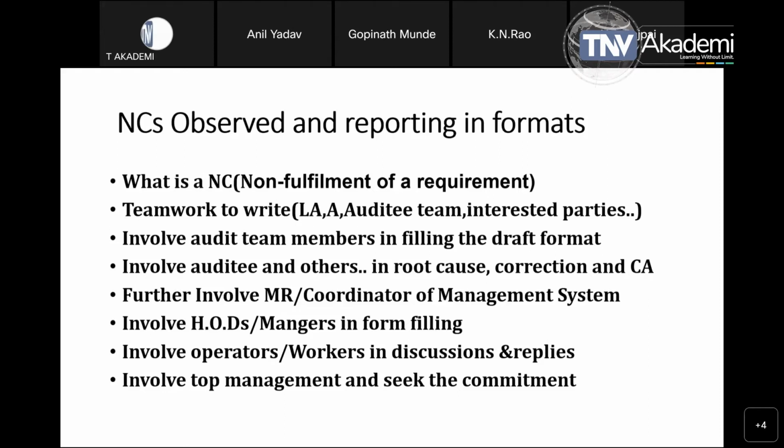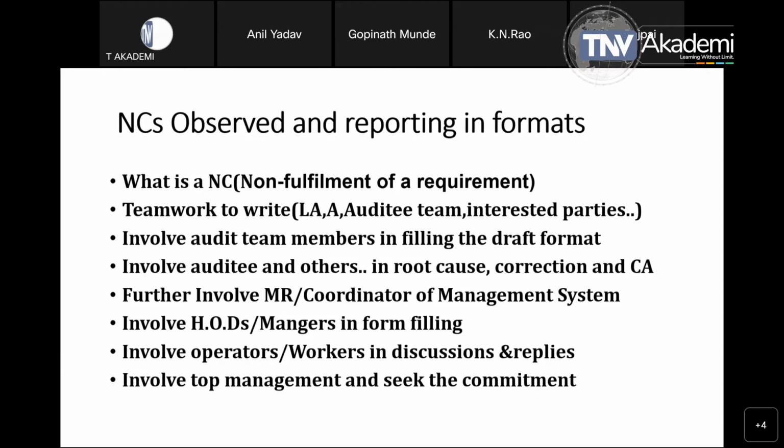Because that internal audit situation, when this NC form was filled, will be reviewed by whom? Second party auditors, by the customer at times. They are knowledgeable customers. They want NCs to be shared with them. They review it. Then the certification body team reviews it. Then the accreditation board team reviews. It goes even to the peer assessment of the accreditation board at times. I have seen that, and that is the fact of life. So a language or point written wrongly into an NC format can be critical to a stage where many stakeholders